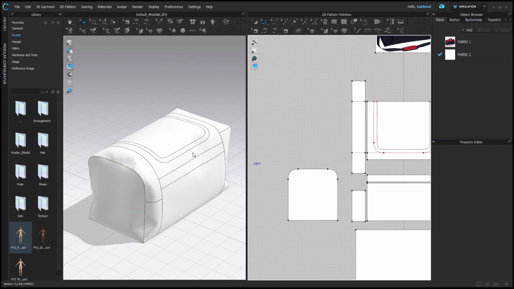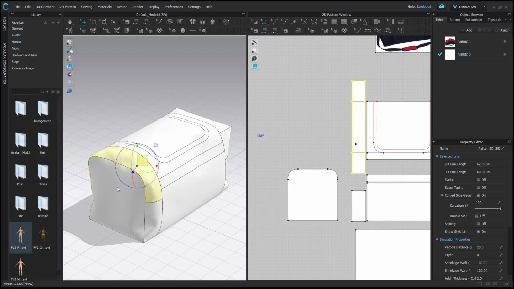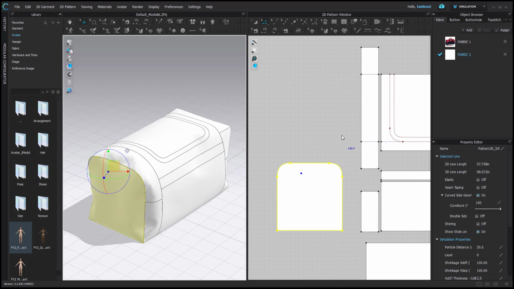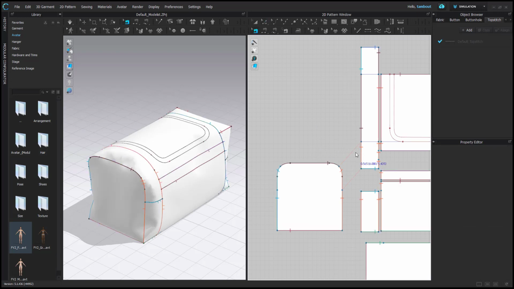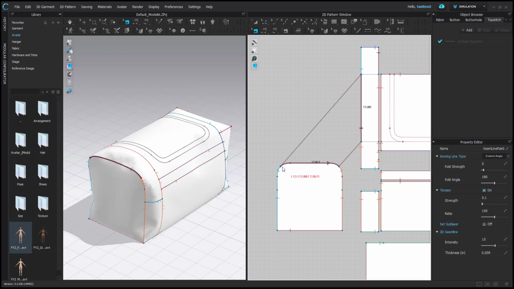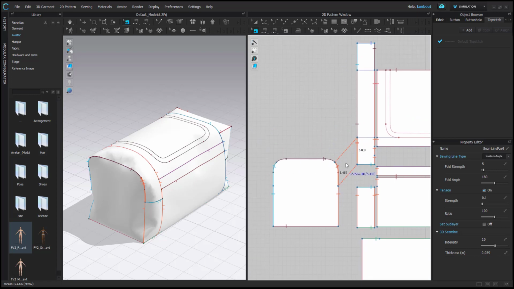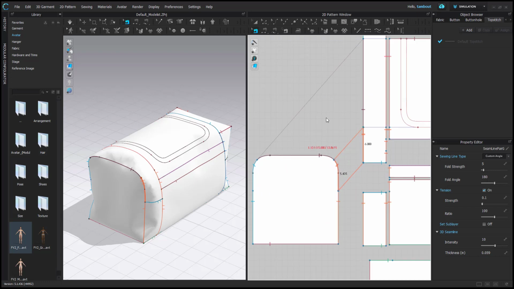If I simulate that, what ends up happening is this longer piece is now gathering into this side pattern here. So what I need to do is adjust the pattern dimensions to kind of accommodate that excess material that's being gathered. So looking at the sewing that I currently have, it's broken up into 3 separate sewing arrangements. So to easily view this, I'm going to consolidate the sewing and just apply one continuous sewing arrangement for each